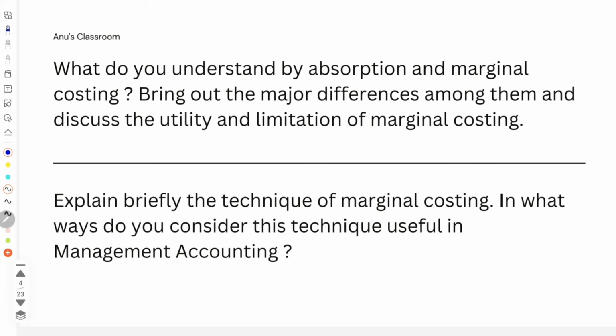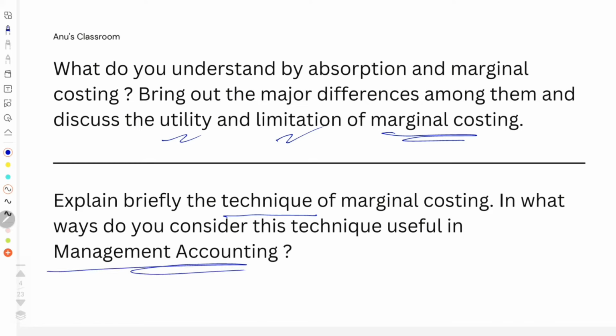Next question: what do you understand by absorption and marginal costing? Bring out the major differences among them and discuss the utility, that is, advantages, applications and limitations of marginal costing. Again, a similar question which has come up on marginal costing is to explain briefly what the techniques of marginal costing are and in what ways you consider this technique useful in